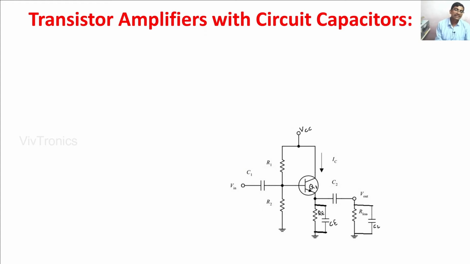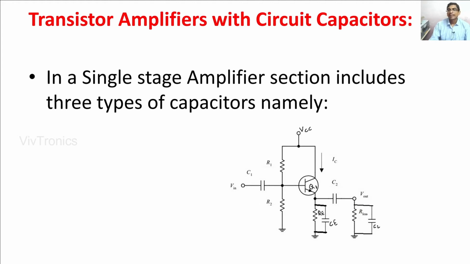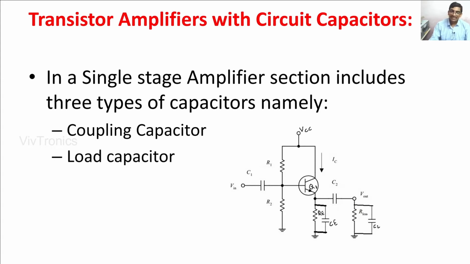Hello students, in this video we are going to discuss single stage amplifiers including the circuit capacitors. A single stage amplifier includes three types of capacitors, namely the coupling capacitor, the load capacitor and the bypass capacitor. Suppose you take the CE amplifier circuit, here C1 and C2 are called the